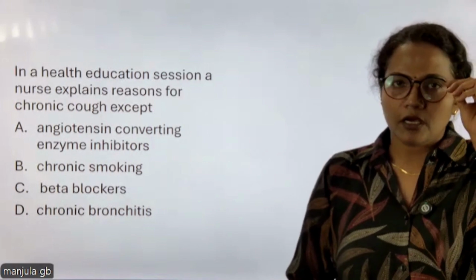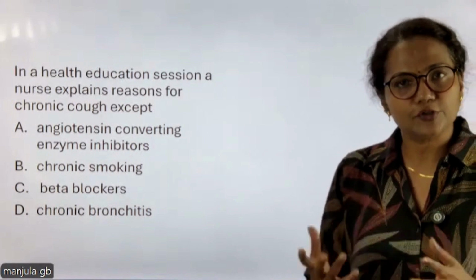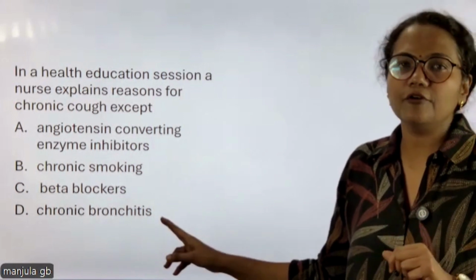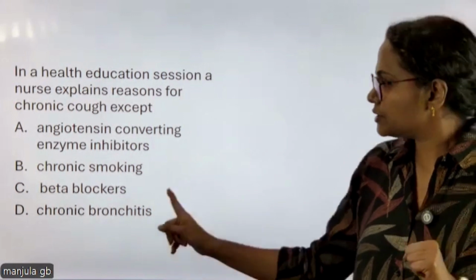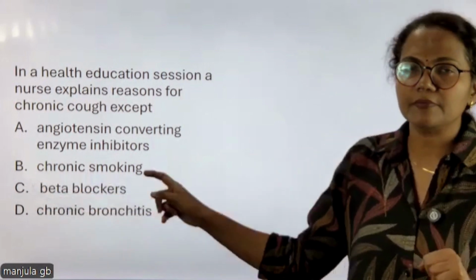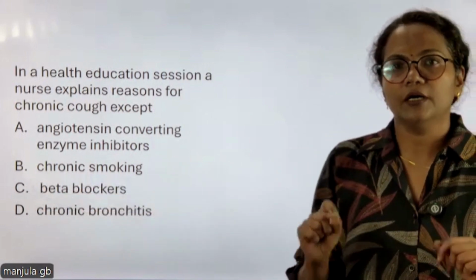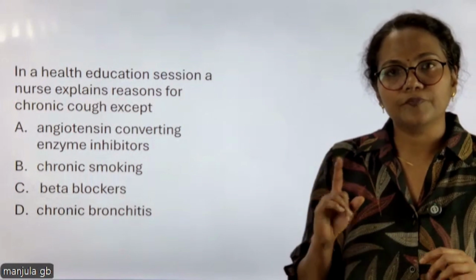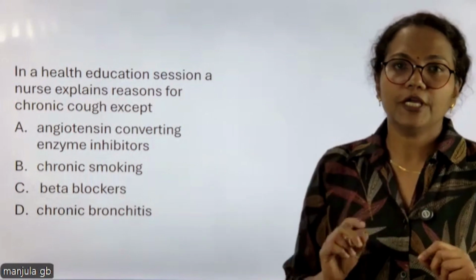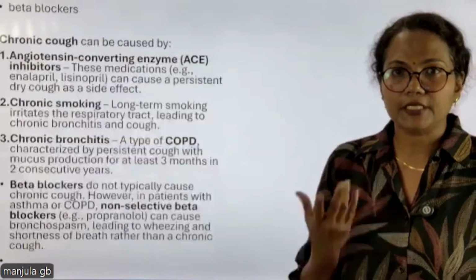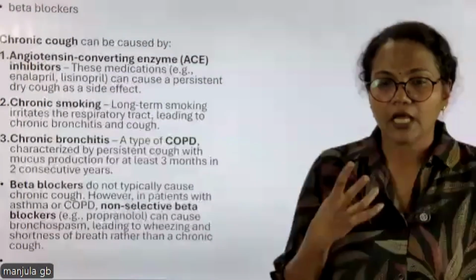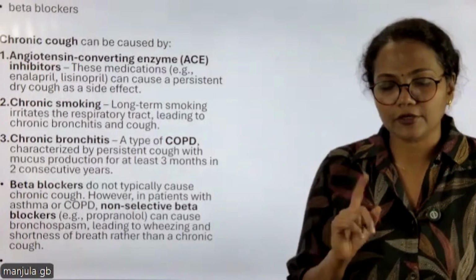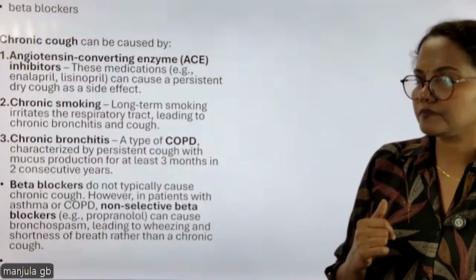Chronic cough for more than 3 months for 2 consecutive years is the feature of chronic bronchitis. So then the only option that is remaining is beta blocker. Beta blocker will not cause chronic cough. It will cause respiratory difficulties, or wheezing, or shortness of breath, but not chronic